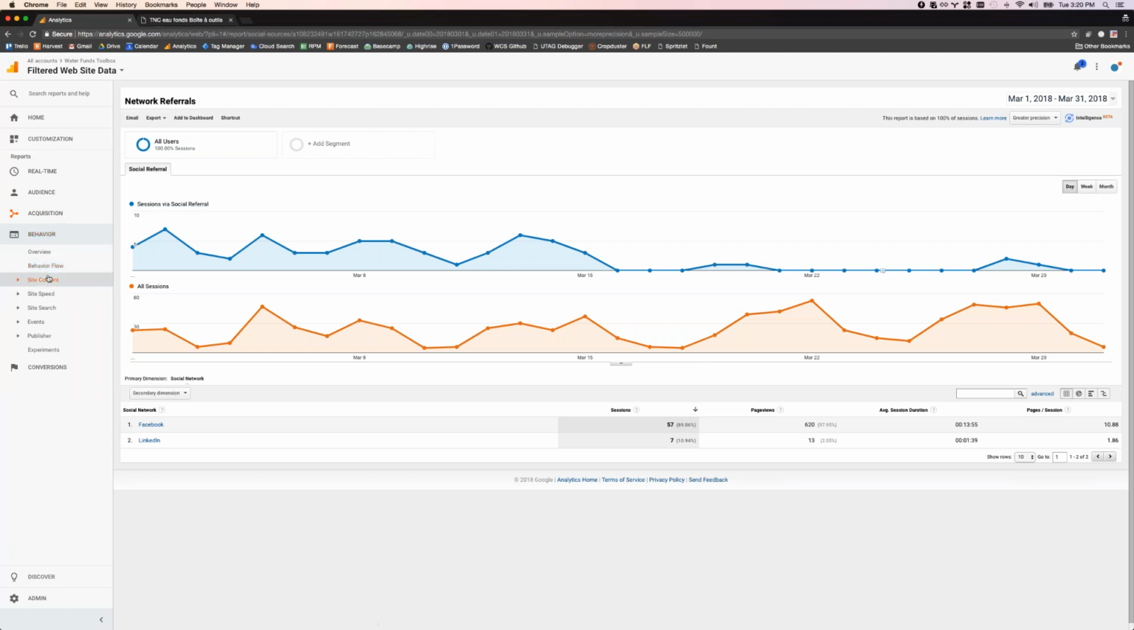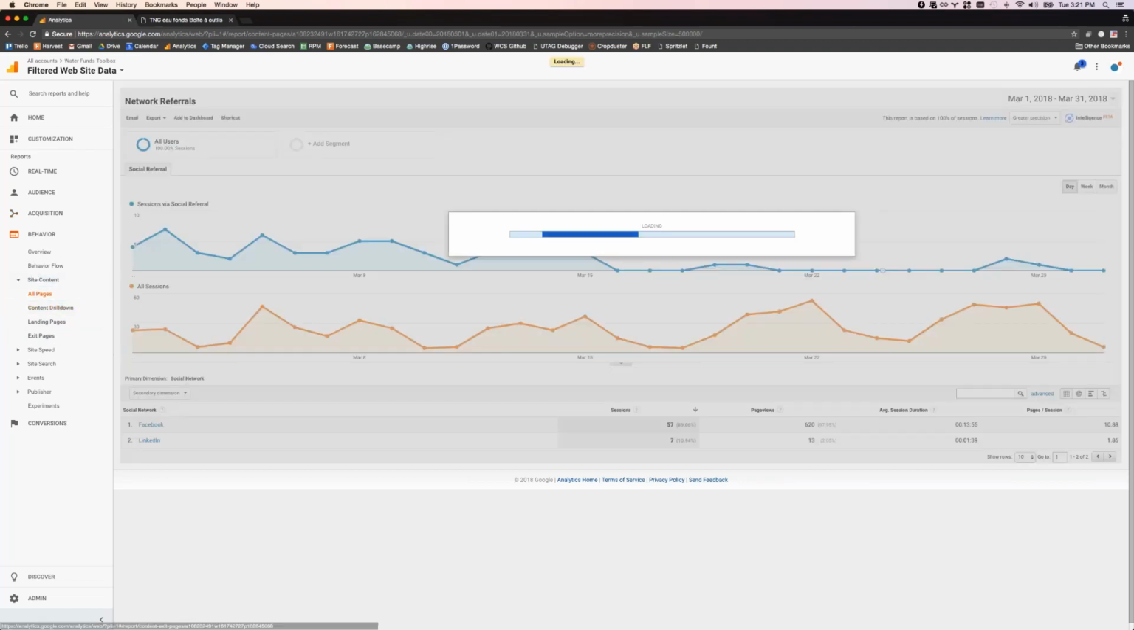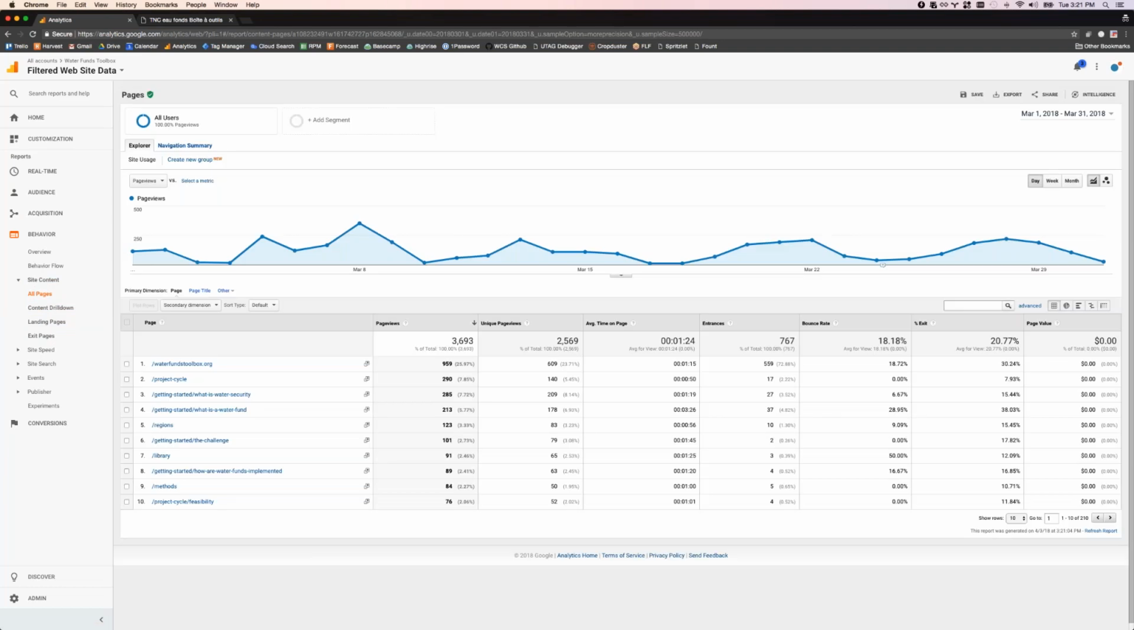So the most helpful reports to look at are, I would say, these three reports within site content. So your all pages report is just going to show you a table of your most popular pages. So this is your home page, and then these are all of your additional pages here. The number of page views, the average time on page, the number of entrances, which is the time that was the first page of the session,